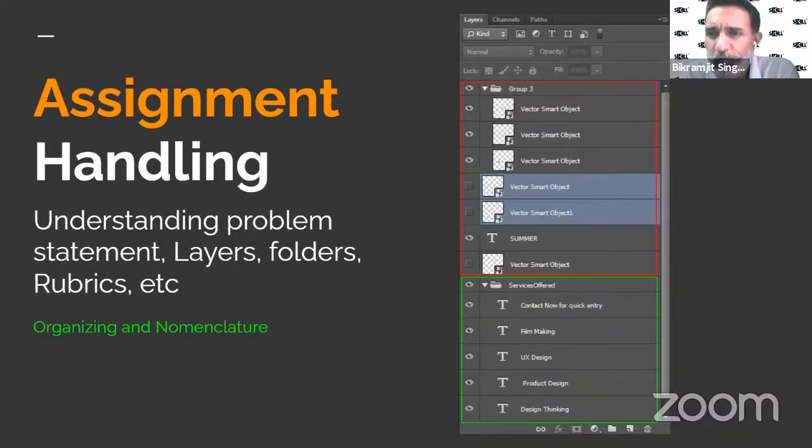I have marked two boxes, one outlined in red and one in green, so you can see what is required and what is not. The red is not required. Group 3 doesn't make any sense. Vector smart object, what all is there? You don't know.